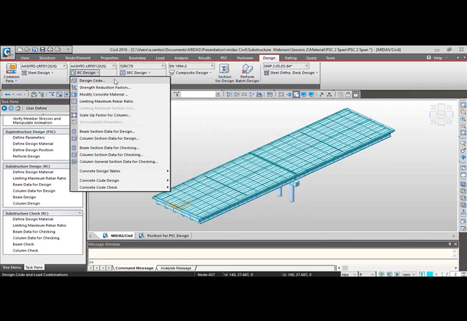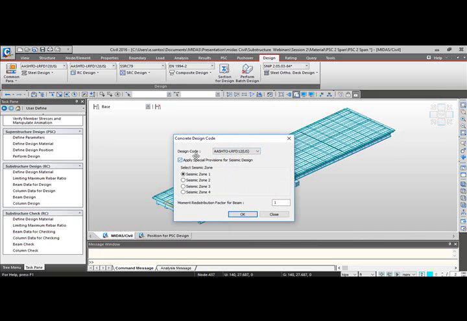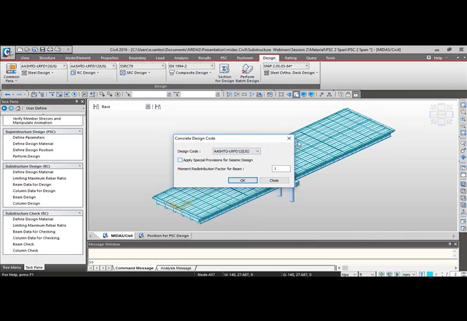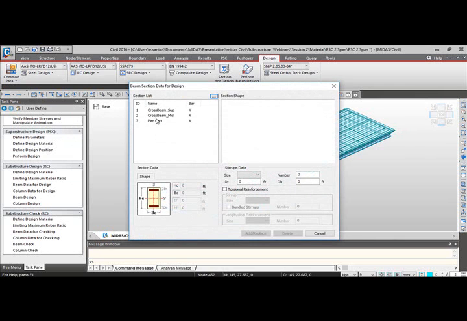Material design code, we have different design codes, AASHTO, Canadian, and you can apply the seismic provisions. Perfect. Then we have the beam section data for design. Here you can tell the program what the stirrup information and the cover information are, and then from there the program takes that information and generates a design,